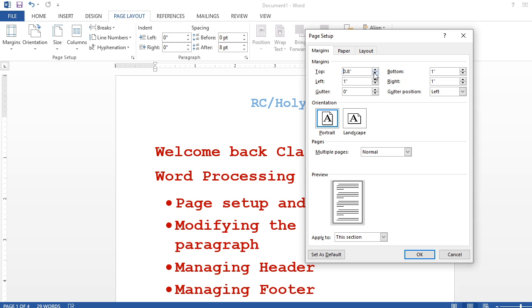You can reduce also. If you want more, you can reduce. That depends on you. I had kept 1 inch altogether, understand? And this one is portrait and landscape mode. If you want to see your page horizontally, then go to landscape mode, and if you want to print your page vertically, then go to portrait mode, understand? Mine is portrait mode by default. So this you have to do.